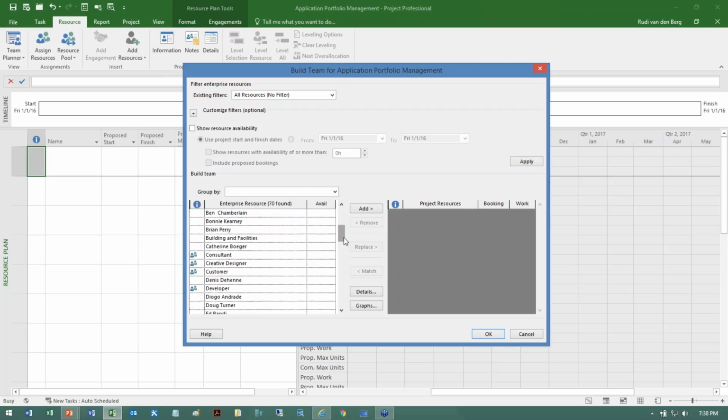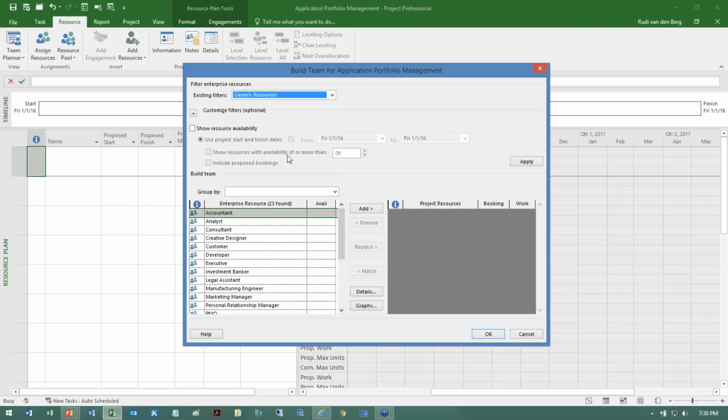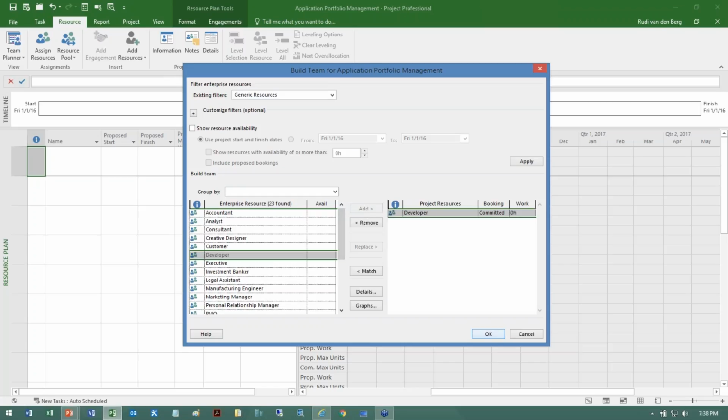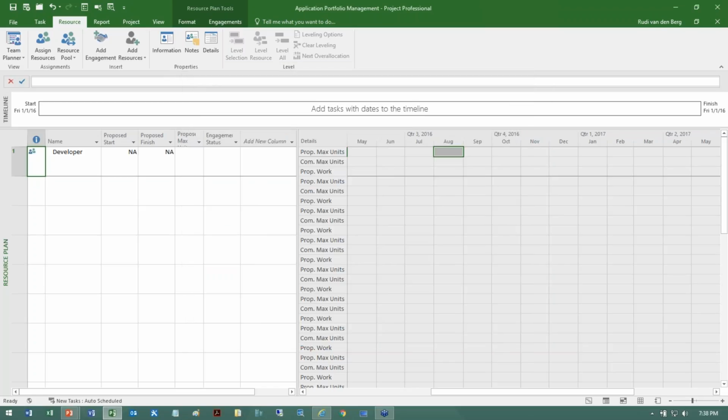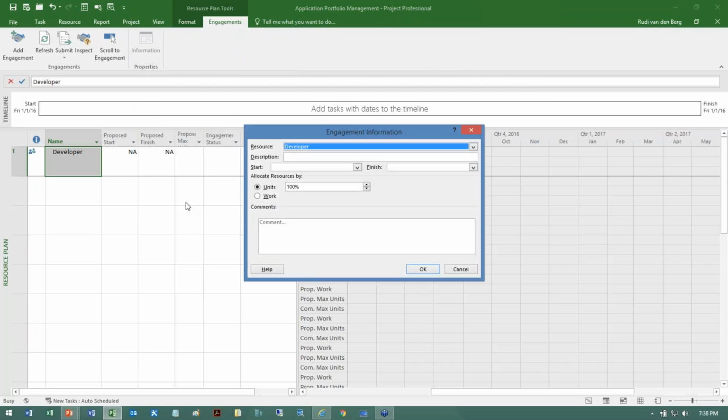Well, I can scroll through this very long list, or I can simply apply a filter that allows me to look for all of the generic resources. I can pick one that I need. Let me click on Add, click on OK, and I've now added a resource onto my project. Now what I can do next, having this resource selected, I can go into a new ribbon called Engagements and create a new engagement. That's basically the request that I'm going to send to the resource manager in a moment. And let's say I need a developer, and let's say it needs to be an expert